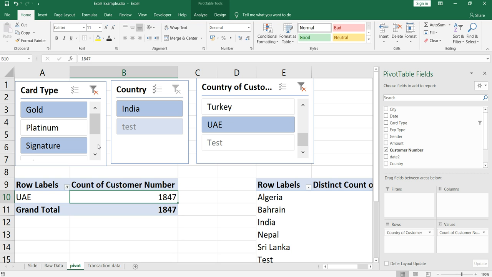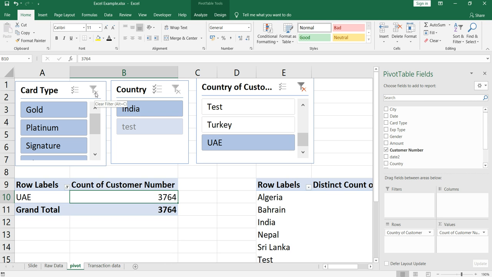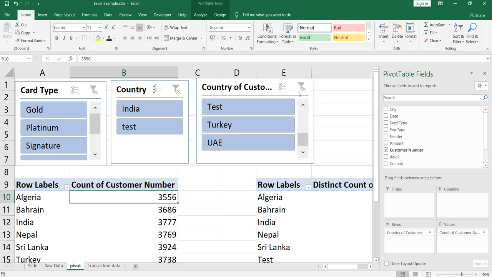For these slicers, the next thing is, how do I unselect everything? In order to unselect everything, you need to click on this clear filter option. If I click on this, you will see that everything within this card type has been selected. The same thing goes with this country of customer slicer also.